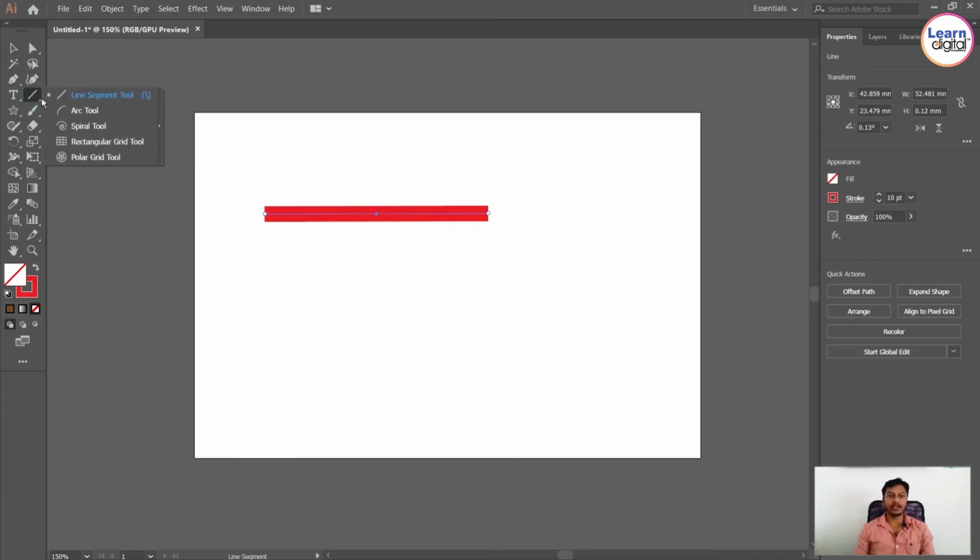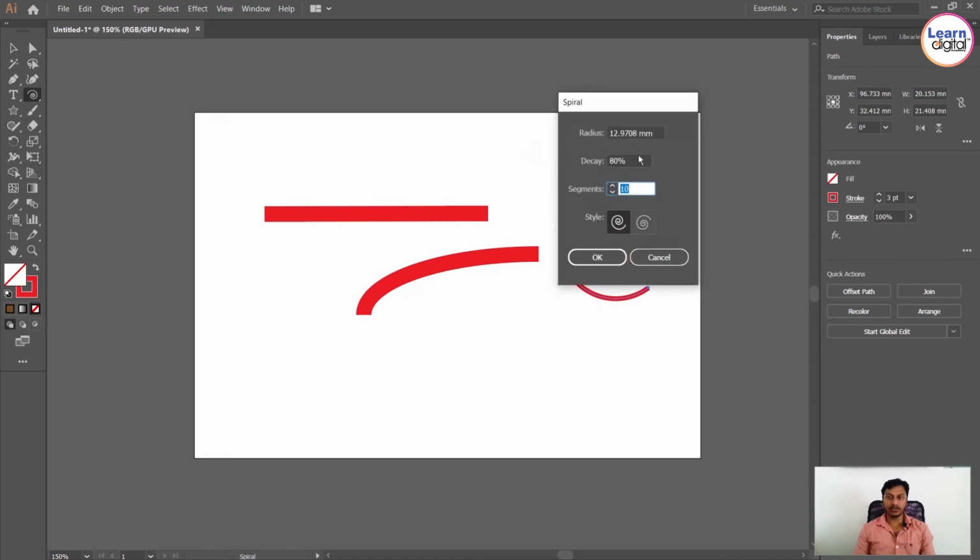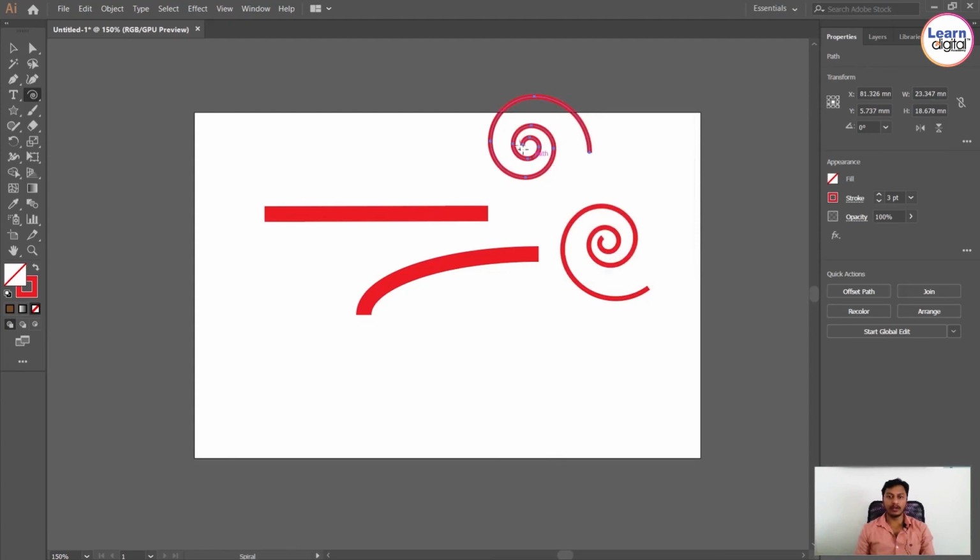So click and hold that. Inside that you have a few more tools. Arc tool: click and drag. The same thing for this one also, no fill option. Then the spiral tool: click and drag. This one we call a spiral. Each and every time these shapes may not be used. It depends completely on the kind of design you are doing. So just click, and here you have an option. One is clockwise and one is anti-clockwise. You can see both the changes. That is clockwise, counterclockwise. CW, CCW.